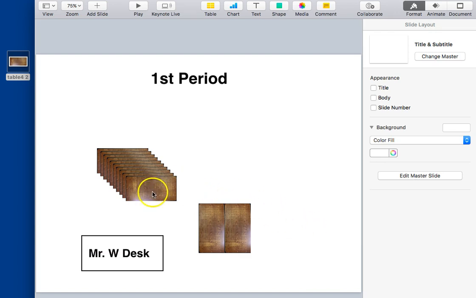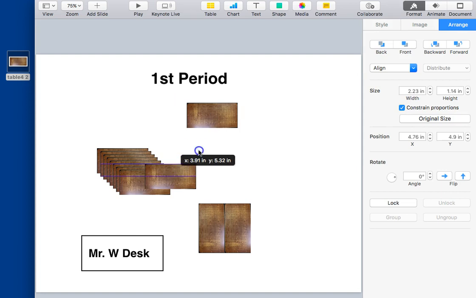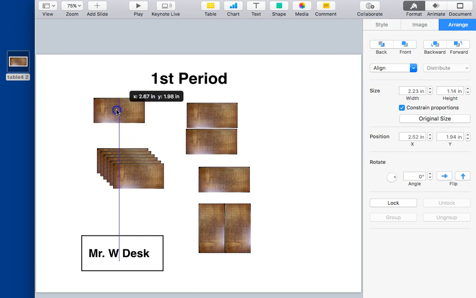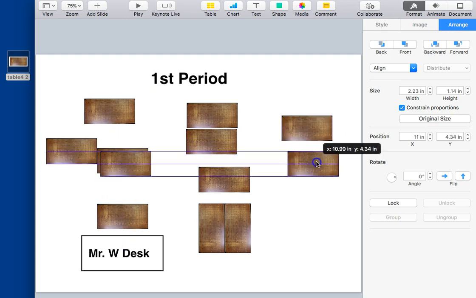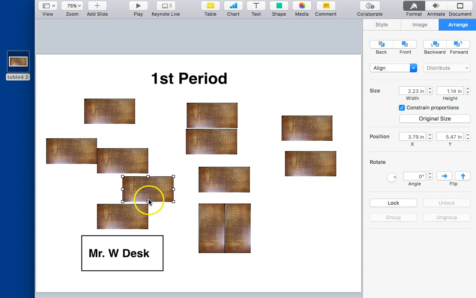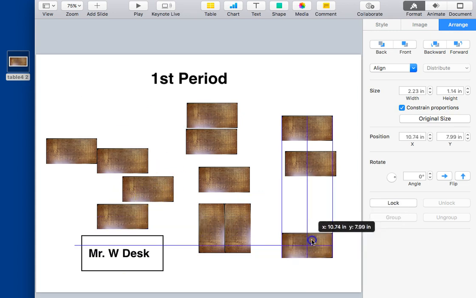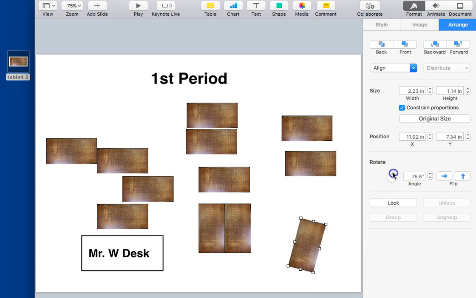Okay, let's go ahead and do that with all of these. See if I can select them all. You may or may not do your grouping this way. I don't all the time, but I'm just demonstrating how you can drag tables around. You can spin them. You can set them up in rows facing one direction or the other. It's pretty easy, pretty intuitive. It's a little time consuming the first time, but